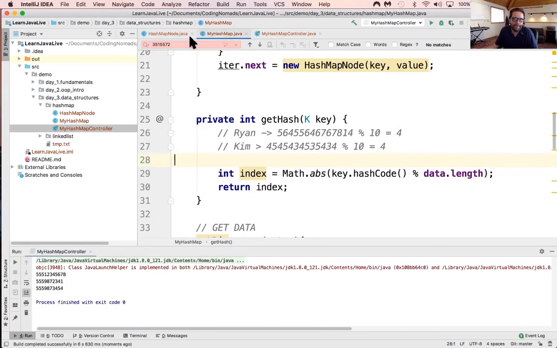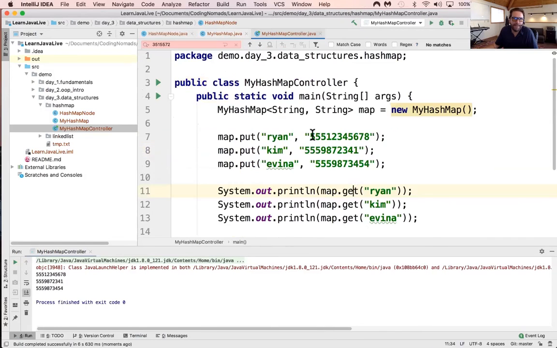That looks a lot better. And now, these could have been strings or longs, but now that they are actual strings, I'm going to go ahead and format them the way that makes me comfortable. So now we've got this map where we can put in key value pairs like Ryan and a phone number,